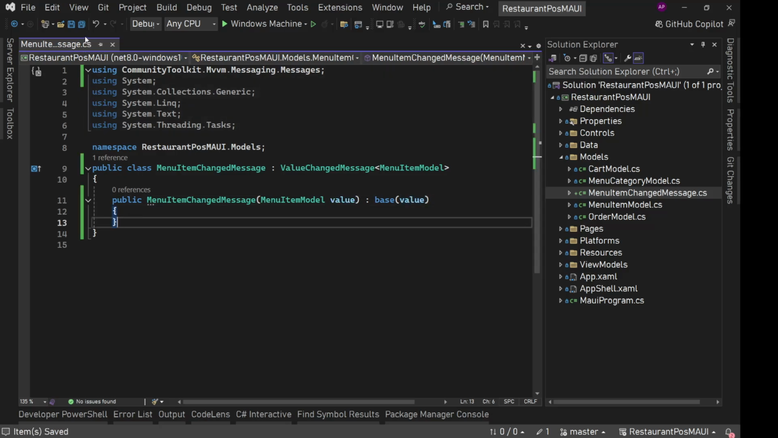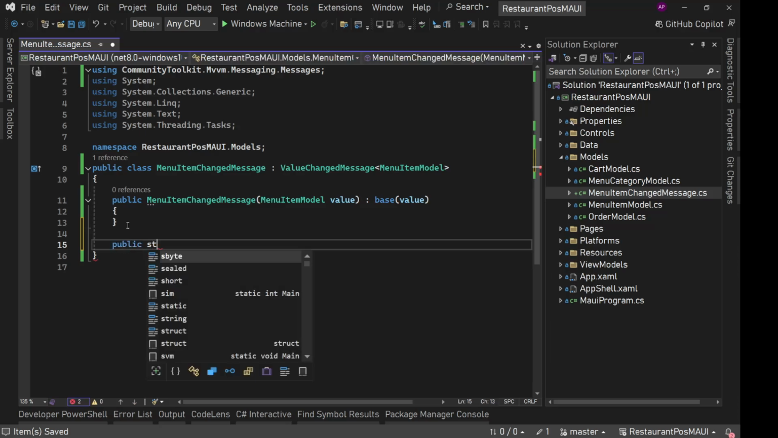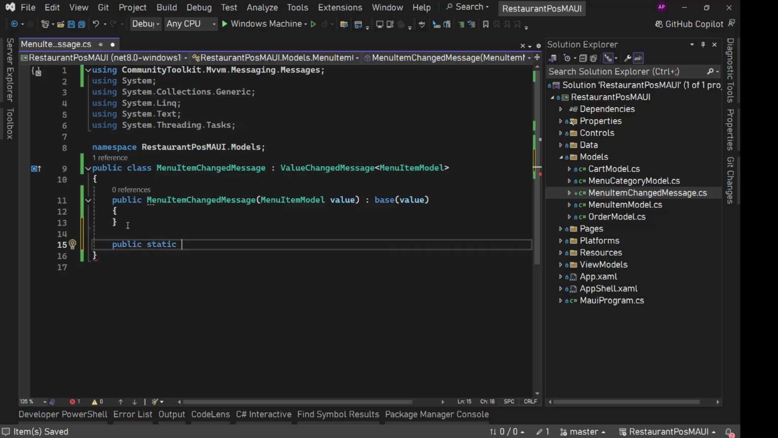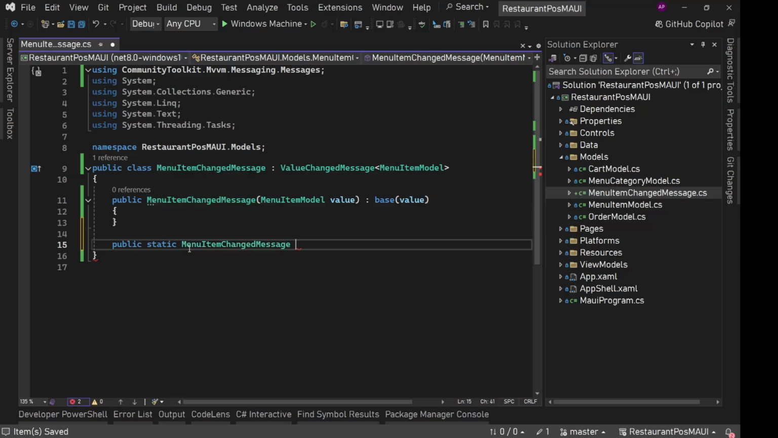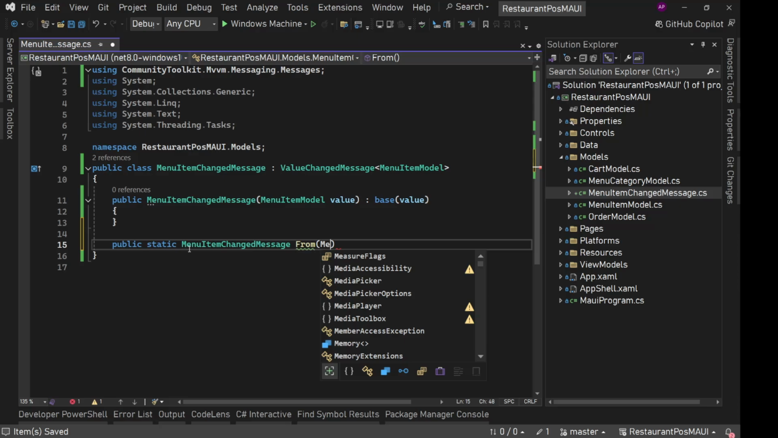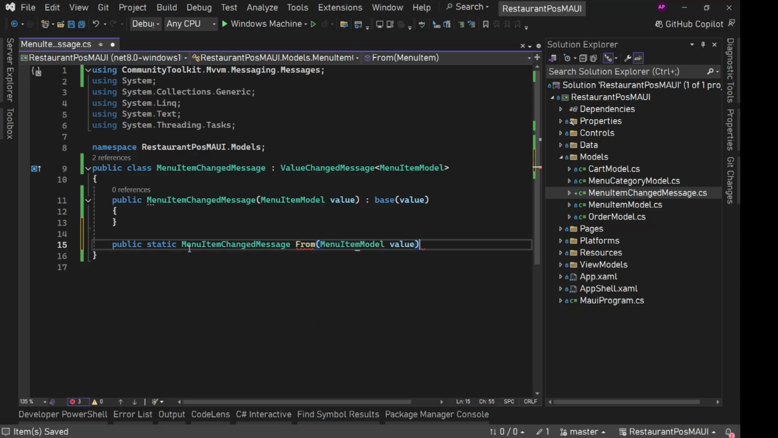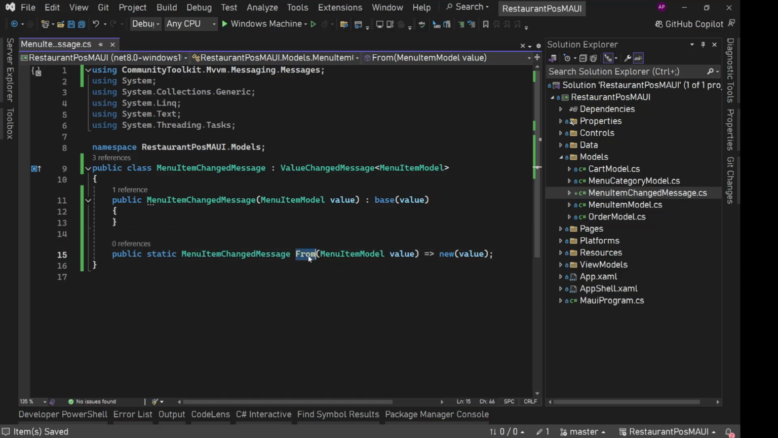Now whenever we want to publish the message, we will use this, and when we are receiving the message, then also we are going to use this. Here let's create one static factory method, public static, and the return type should be this only, MenuItemChangedMessage. I'll say From, MenuItemModel value, and from here I will just call this only. So this is just for convenience that we can easily use .From instead of creating new MenuItemChangedMessage. Okay,